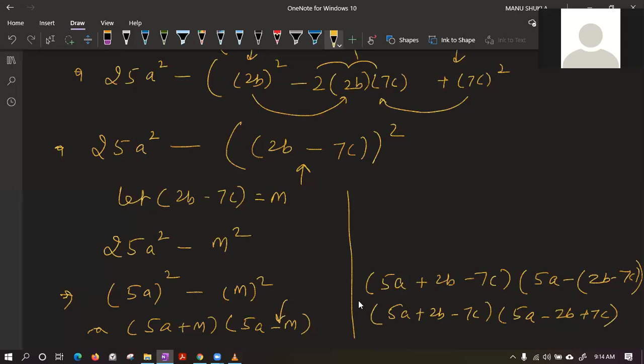So class, were we able to understand why the first way was not applicable and why the second way was applicable? Were you all able to understand that? This question was quite interesting. That's why I took this in the discussion. I think you all have got this. Try to solve this question again on your own without seeing my solution, and it will be easy for you. Let me stop the recording.